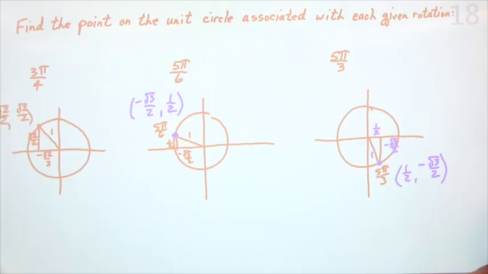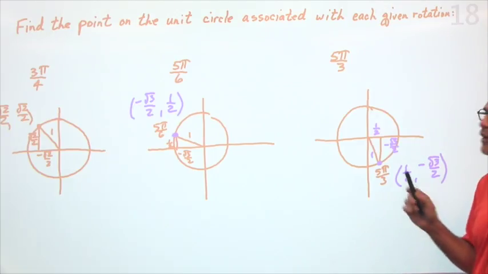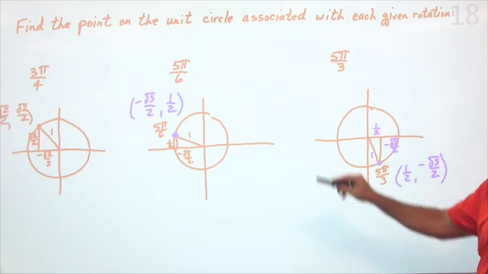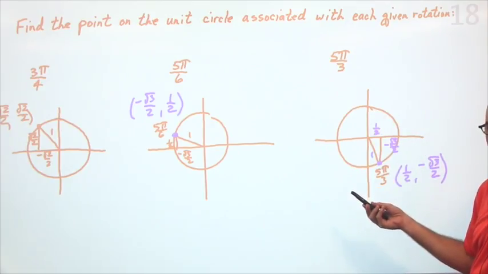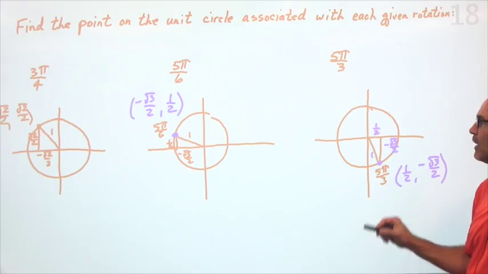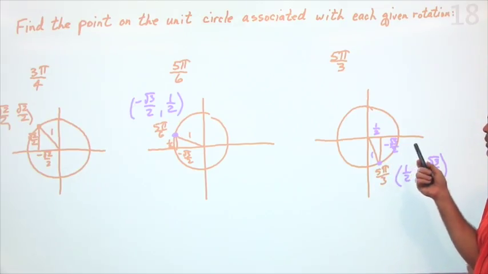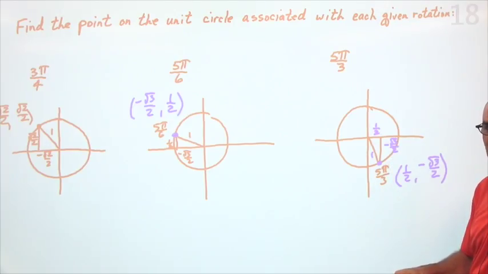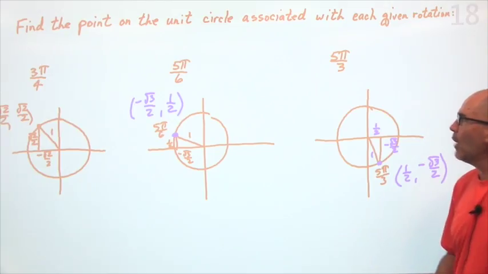Now, the key thing with being able to do this is first knowing your angle measures in radians. And second, knowing your ratio of sides with 30, 60, 90 right triangles, 45, 45, 90 right triangles. Okay,